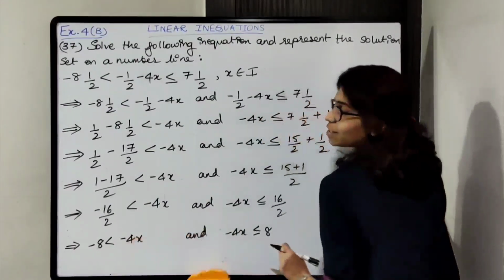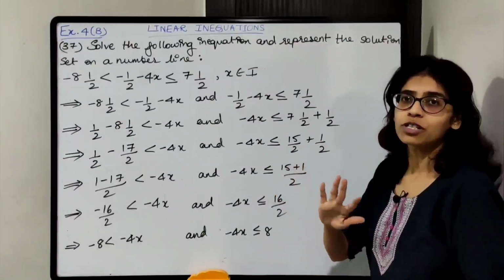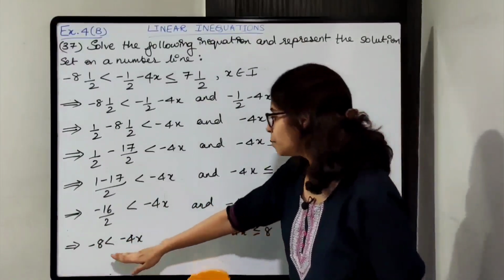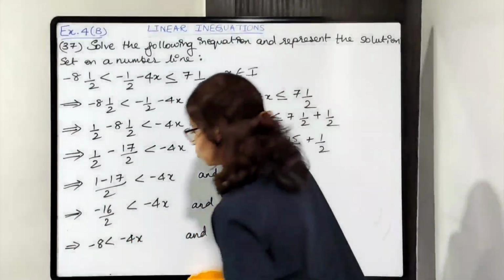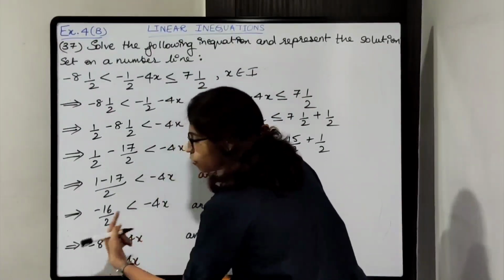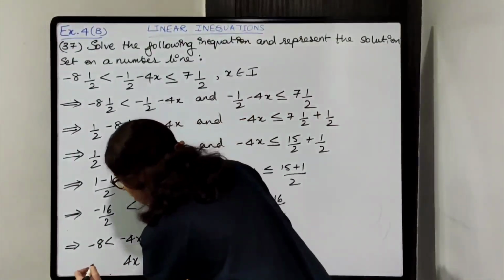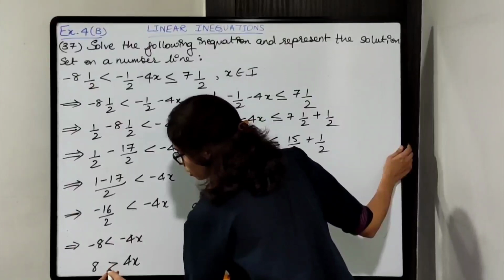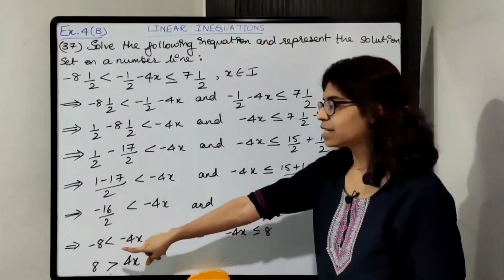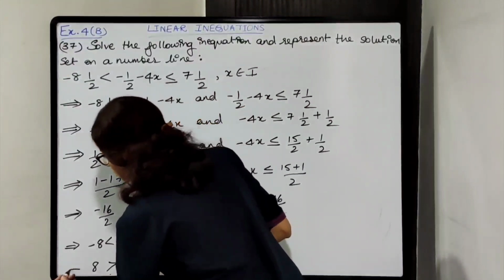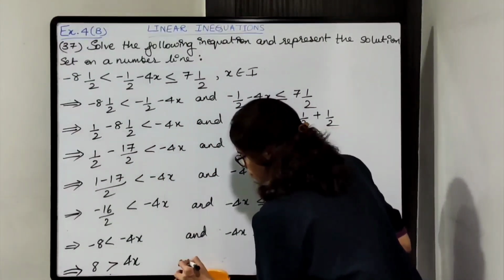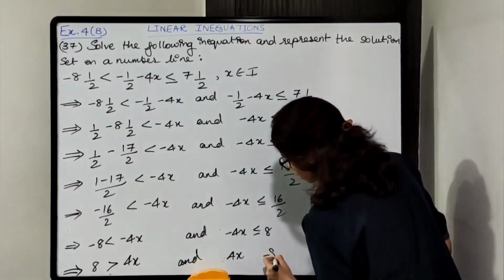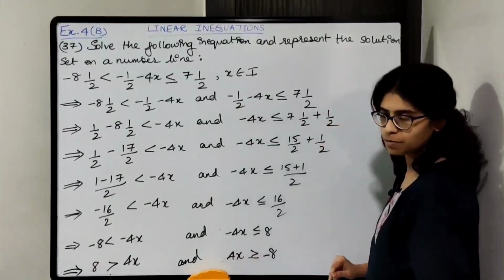X का coefficient is negative, so first make it positive, then do the changes. Okay, then we'll divide by 4. But first make the coefficient positive. So when you change the sign on one side, you have to change it on the other side. Simultaneous process है. So minus 8 will become plus 8, and inequality sign reverse हो जाएगा. Okay. So 4x is less than 8. That is 8 is greater than 4x मिल रहा है. And over here the same thing. 4x. So this will become minus 8, and inequality sign reverses. Okay.